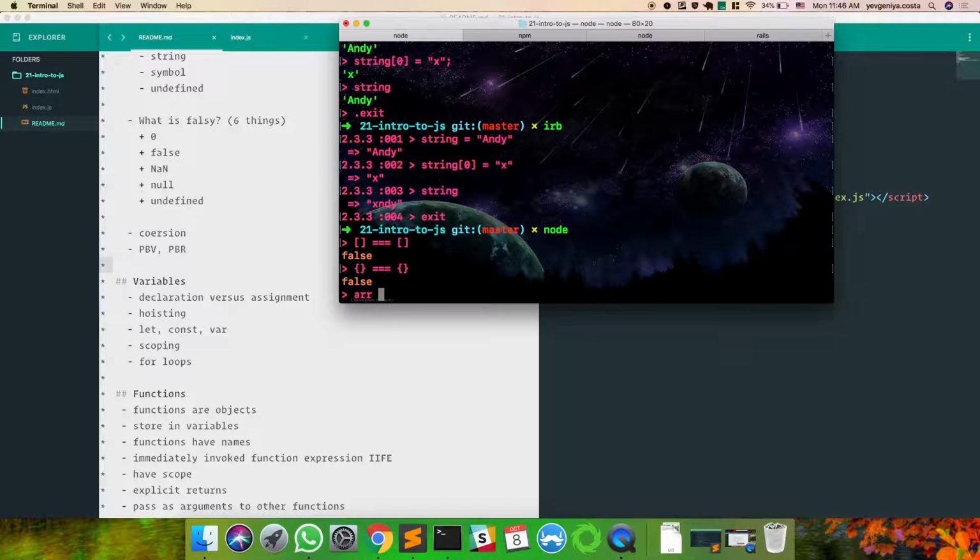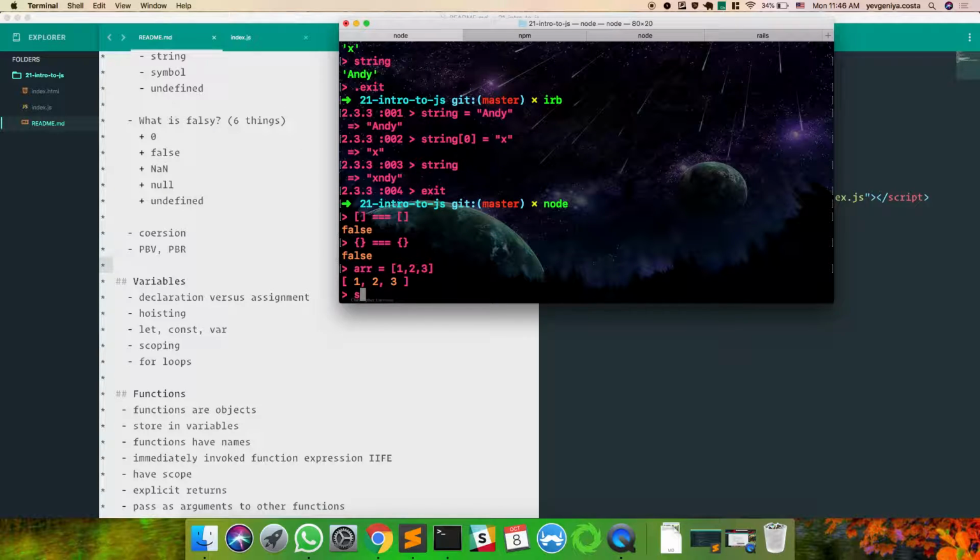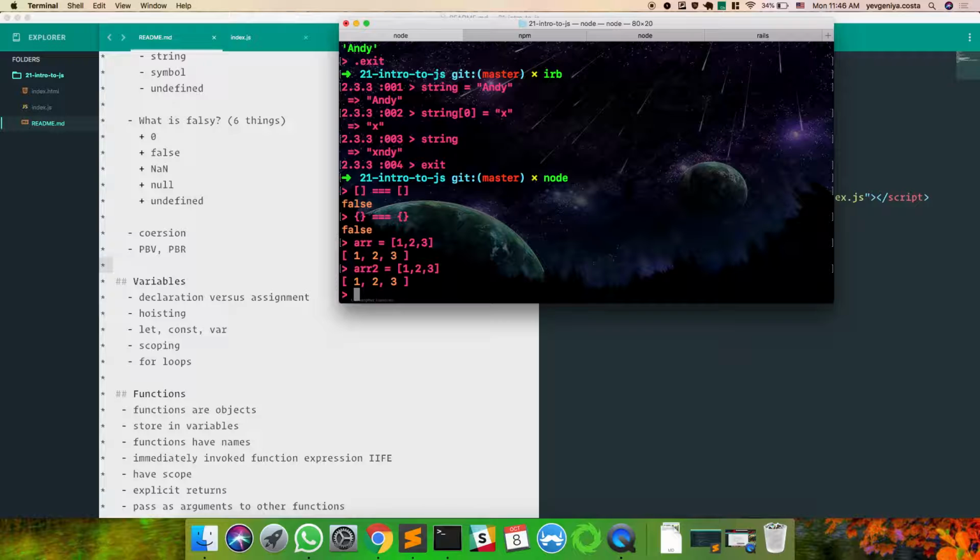So I have an array. I set it equal to an empty array. If you want, I'll prove my point. I'll set it equal to an array with stuff in it. I have array 2. I set it equal to an array with the same stuff in it. I've declared these two variables as separate variables. And now they're stored as separate things, and they don't point to the same reference.